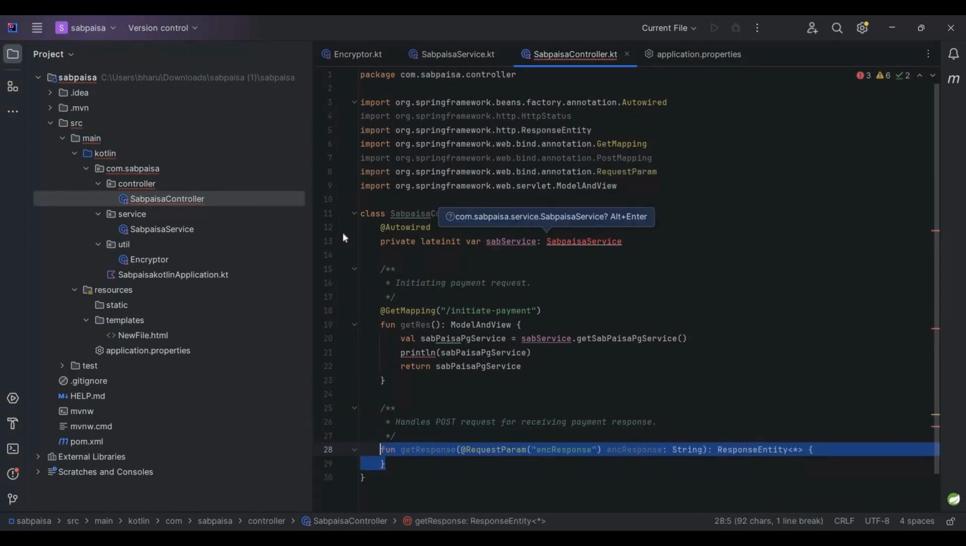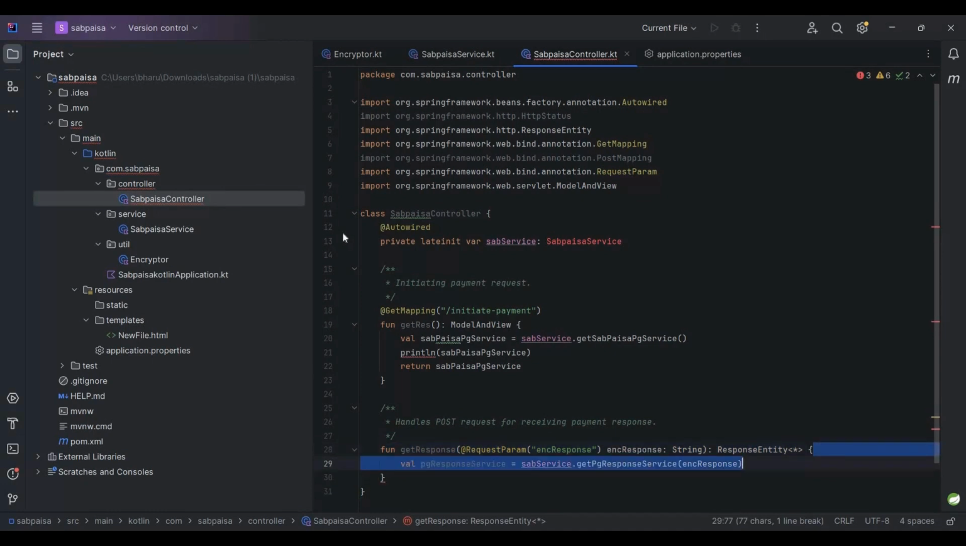Moving on to the second endpoint. It's a POST request mapped to sabpaisa-response. This endpoint handles the response from the payment gateway, decrypts it, and returns the decrypted text. In this